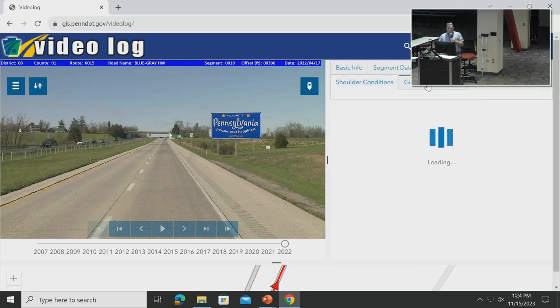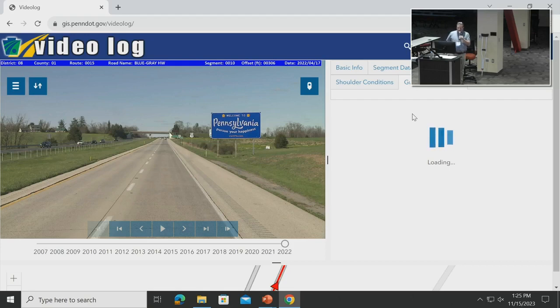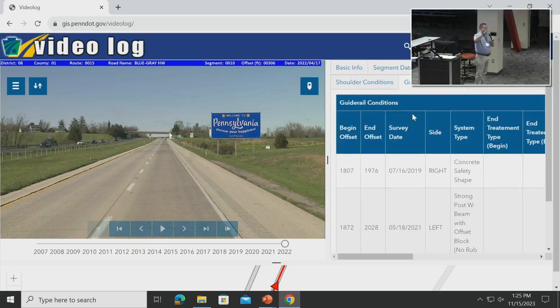And then we have shoulder conditions, which is data that's taken from another project called STAMP, where they go out and they survey the roads every year, but they have it broken down into 4 areas. So every road will get done over a course of 4 years. They have interns during the summer that go and do that. And then the last I have on here is the guide rail conditions, which is also taken from STAMP. And if the segment has any guide rails in it, it'll bring them up, tell you where they are, what the construction material is, what the condition is, and things like that.